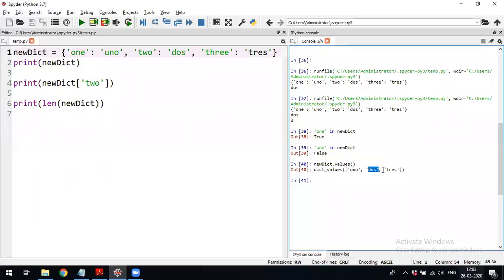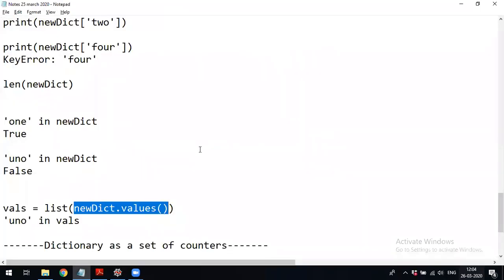It will not return the keys. What is the beauty of this Python? If you want separate values like this, with the in operator you can search only the keys, whether it is present or not.